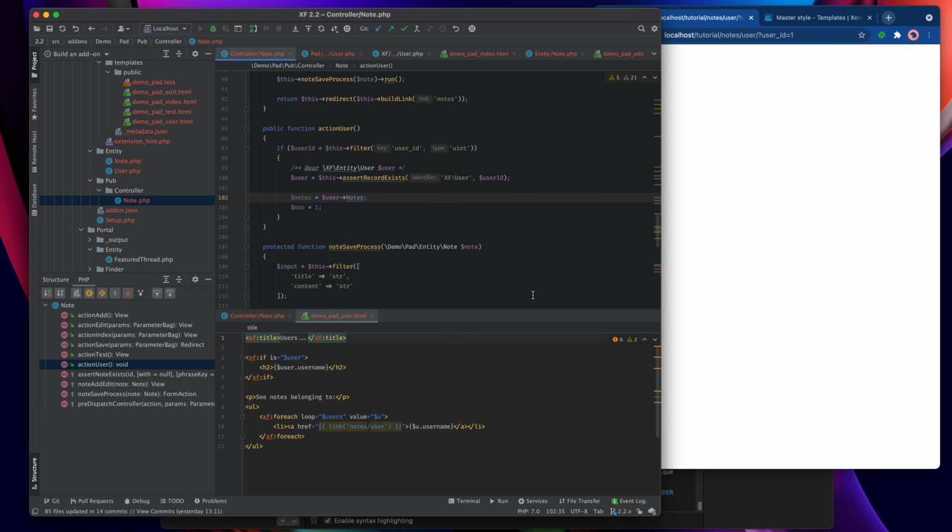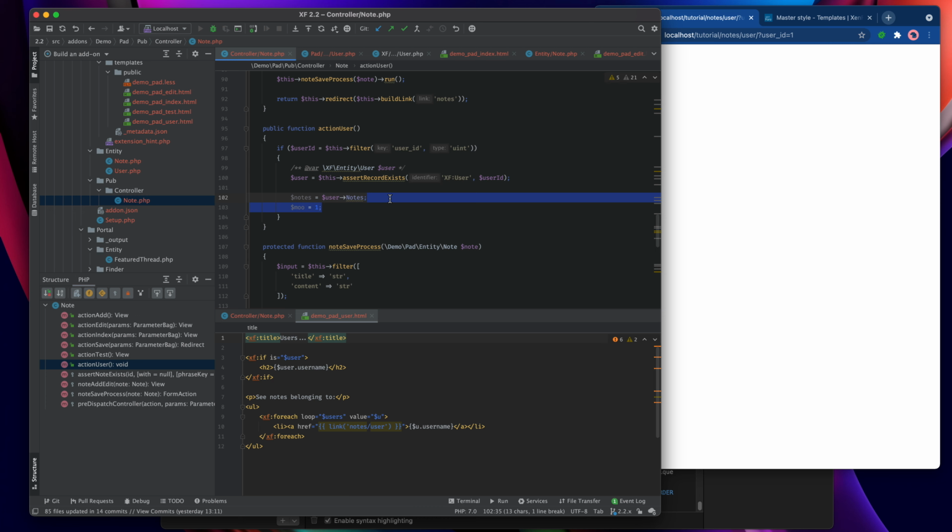Now I've skipped ahead a little here, and I've created a template called DemoPadUser, and what this template does is it checks to see if we have a user specified, and if it does, it shows me their username, and then whatever happens, we get this list that's entitled notes belonging to. Then we loop through all the users that we're passed and create a link for each user. Now this template's unfinished, but it's good for demoing at the moment.